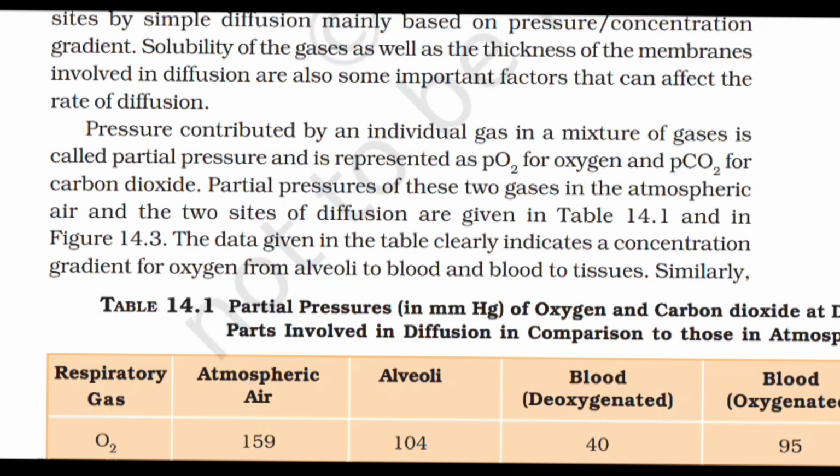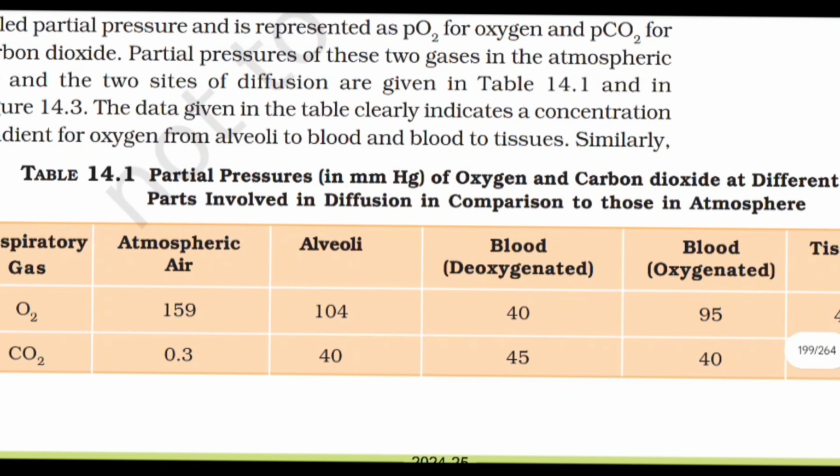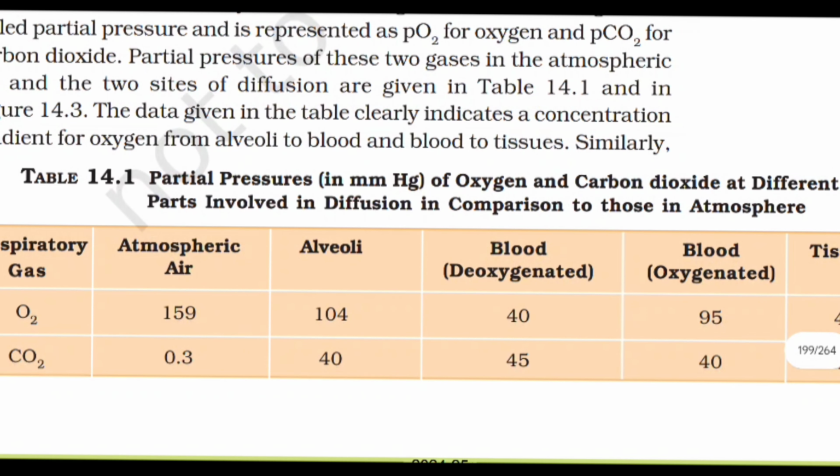So here in this table C you can see respiratory gas, oxygen. Oxygen in atmospheric air, its value is 159 mmHg. Okay. Then in alveoli 104, in blood it is deoxygenated 40, and when it is oxygenated then 95, and in tissues its value